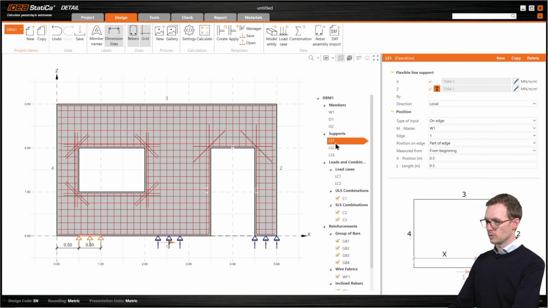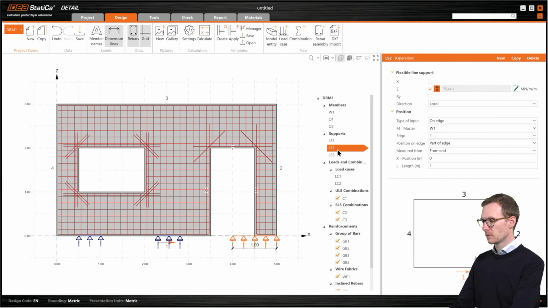And then I will go to the supports. So keep in mind this is a template, and all of the supports, the members, the loads, the reinforcement, they are already there, and I can quickly change them if I want to do that. So in this case, I will delete the line support 3,